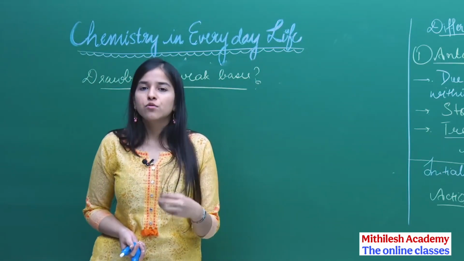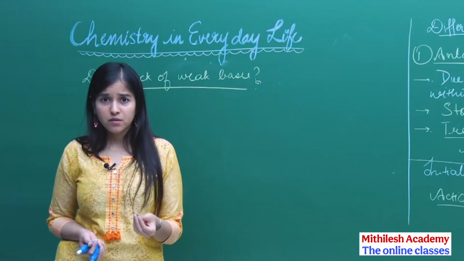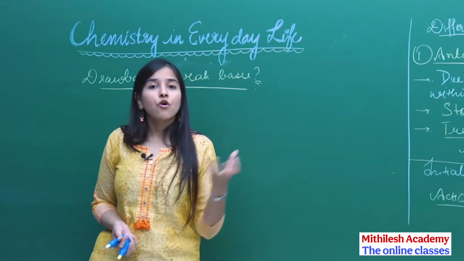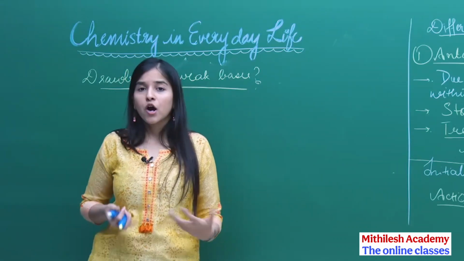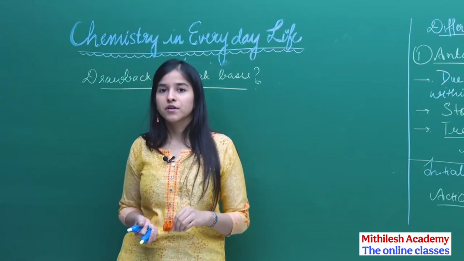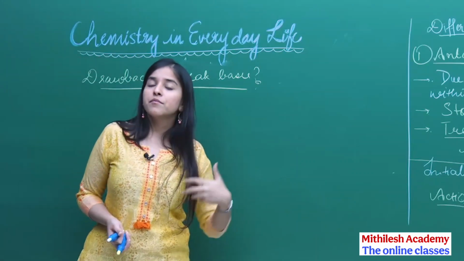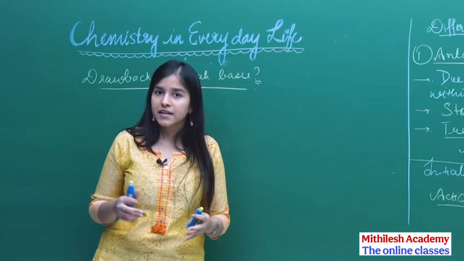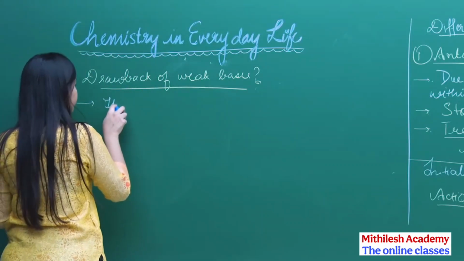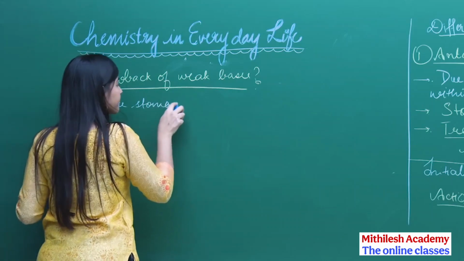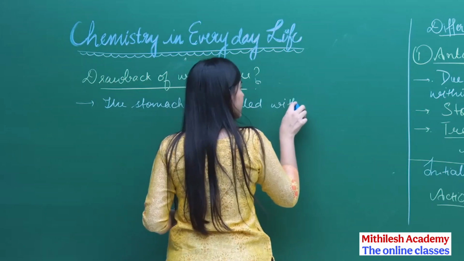If I consumed a lot of weak base, because the quantity was not approximately known at that time, how much weak base is actually required to neutralize the acid, we don't know. How much acid has been produced within our stomach? So we used to take it randomly. So the stomach may have ended up with an alkaline nature, or alkaline liquid was developed within our stomach. The stomach was filled with alkaline fluids,